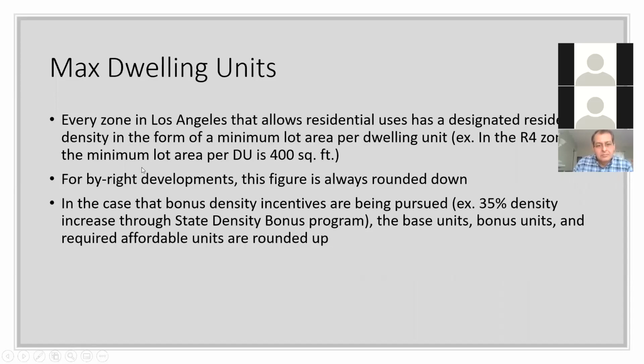So if you're doing a by right development, aka just by the zoning code, no TOC or density bonus incentives, then that figure is always going to be rounded down. So say you have 4,300 square feet of lot area. You divide that by 3, and it's about 10.75. So even though that would round up to 11, you always round down for by right